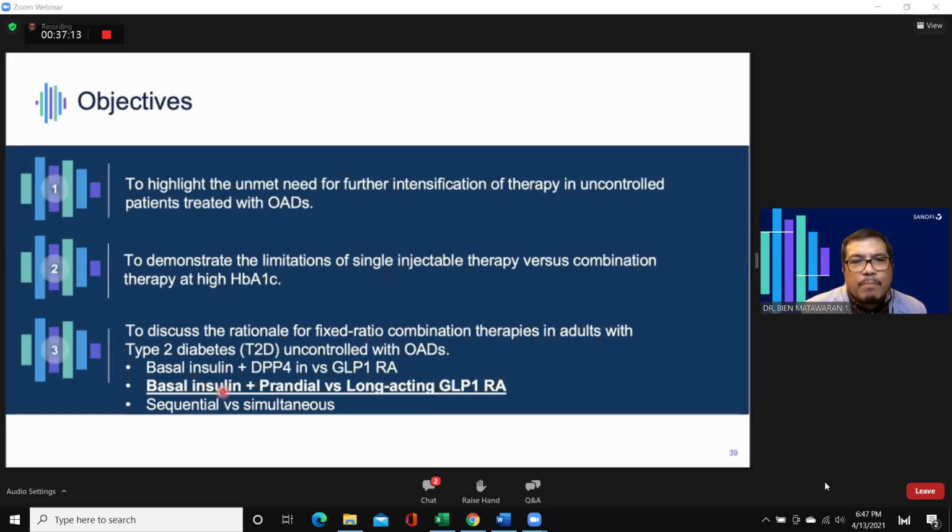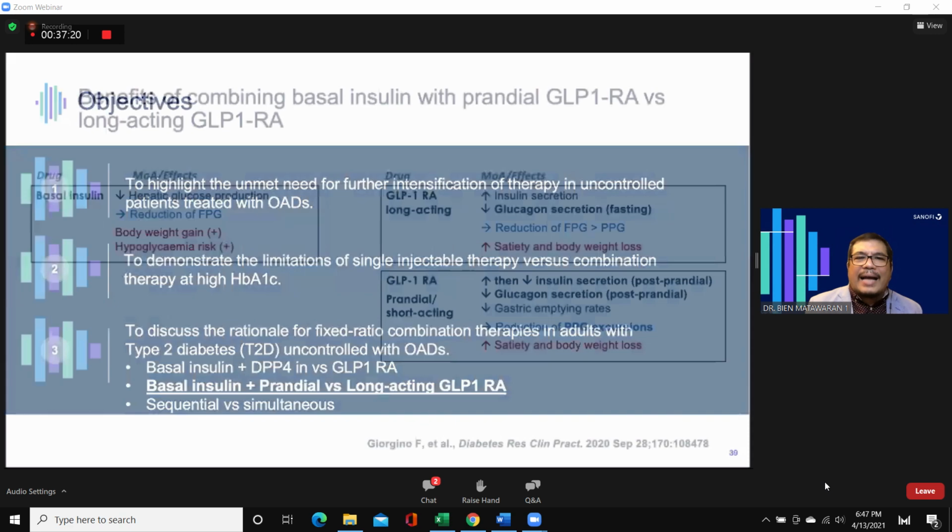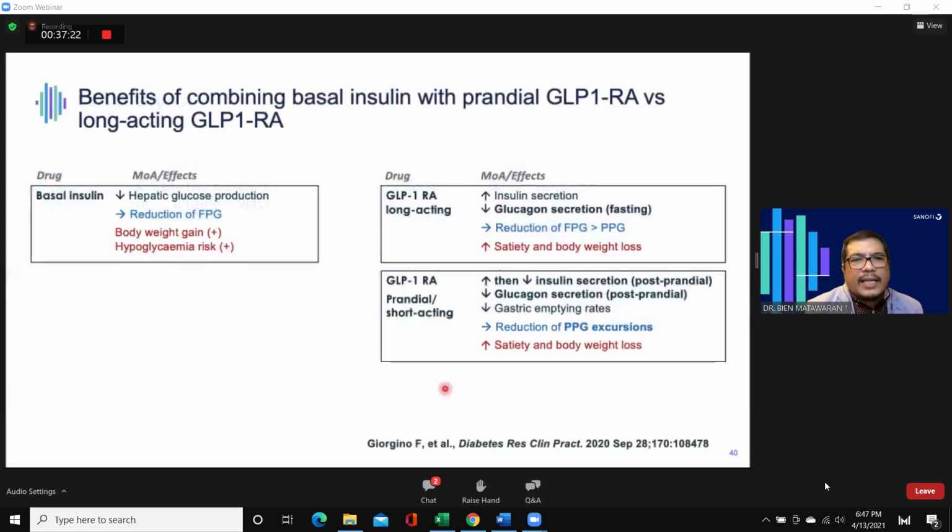Okay, how about basal insulin with different forms of GLP-1 receptor agonist? How about using a prandial or a long-acting GLP-1 agonist? So as you can see in the box on the left, the value of your basal insulin is that it will decrease hepatic glucose production, thereby reducing fasting plasma glucose. Now, that's the main therapeutic point for basal insulin. However, there is concomitant body weight gain and hypoglycemia risk, no,